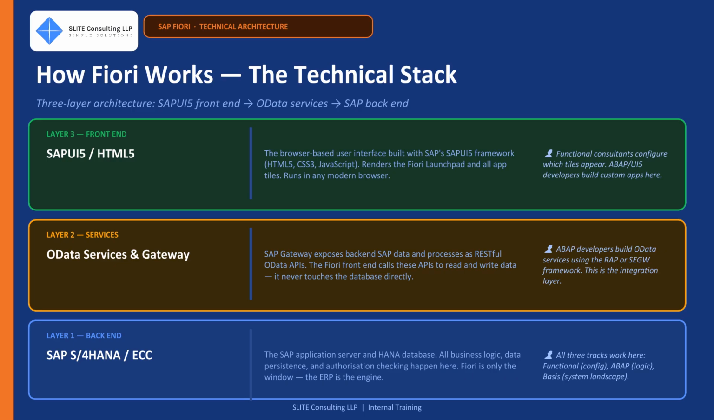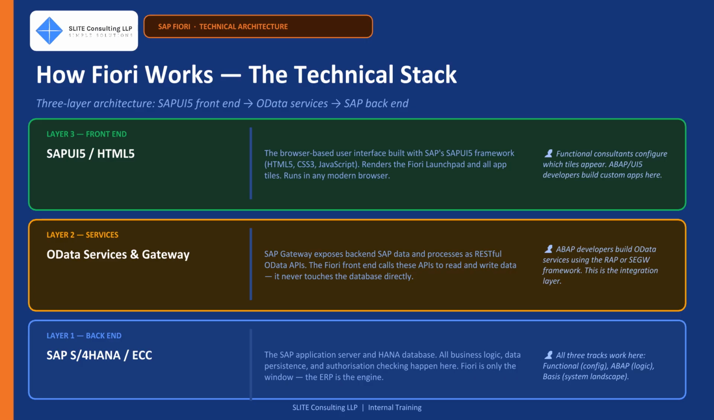Each layer maps to a different role on the project. Functional consultants and UI5 developers work on the front end, deciding which tiles appear and building custom apps. ABAP developers build the OData services in the middle layer using the RAP or SEGW framework. And all three tracks, functional, ABAP, and basis, work on the back end where the business logic, data, and authorization